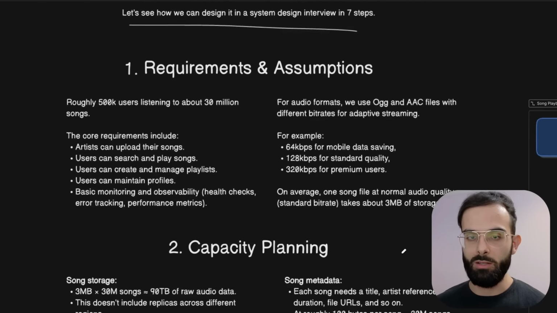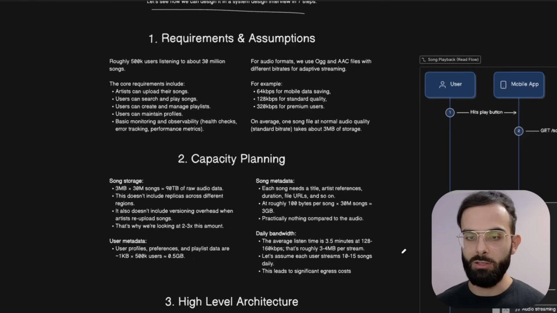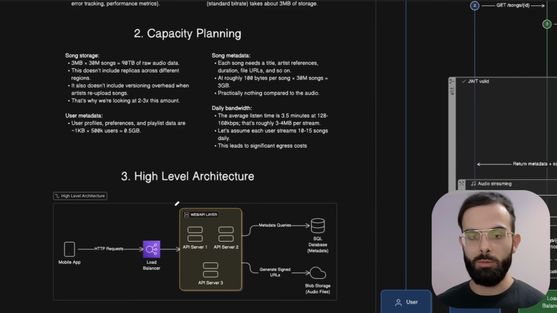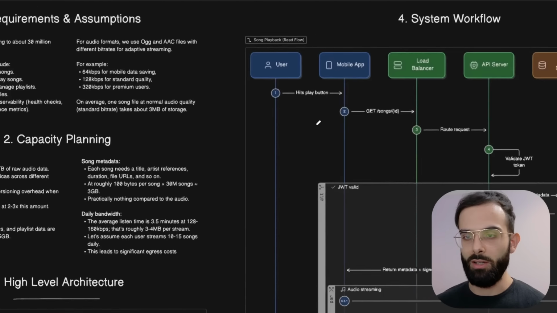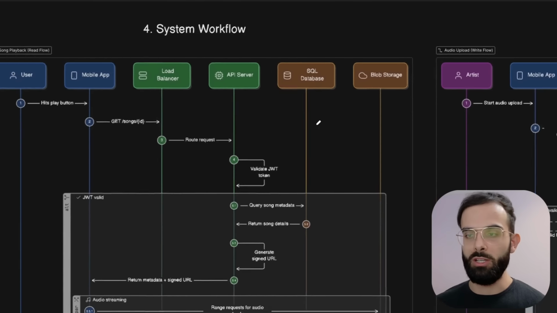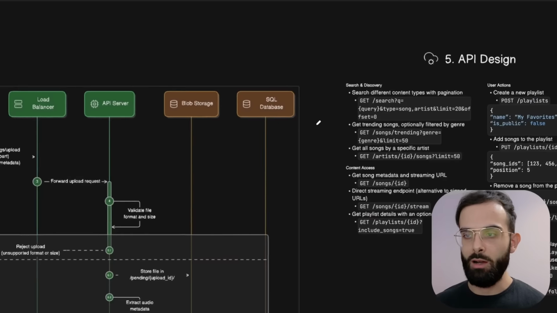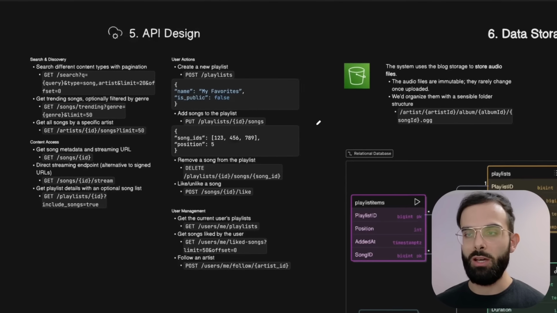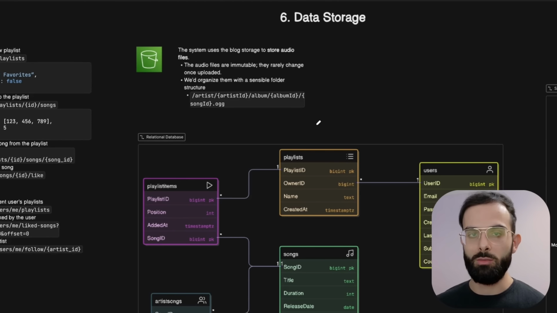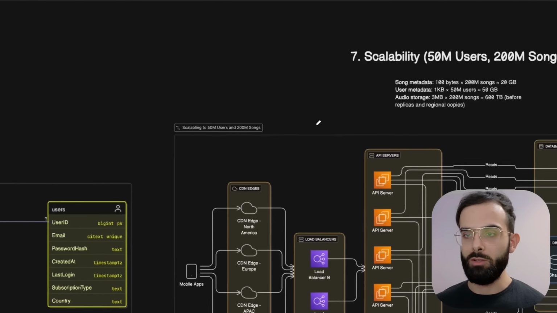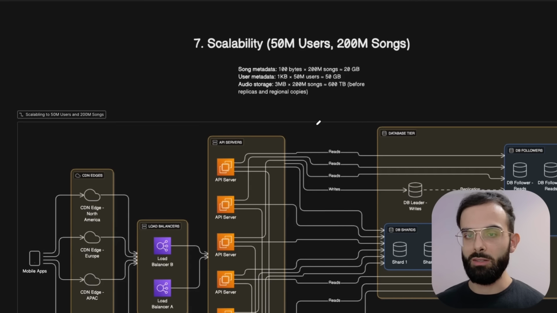First, we'll start by understanding the requirements and planning the capacity. Then we'll come up with the high-level architecture and the system flow of read and write operations. After which we'll need to design the API and also the storage and database. And then finally, we'll move on to scalability and understanding how we can scale this system for, let's say, 50